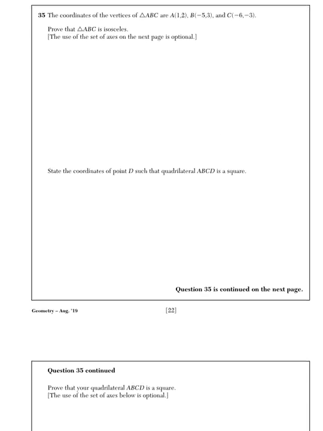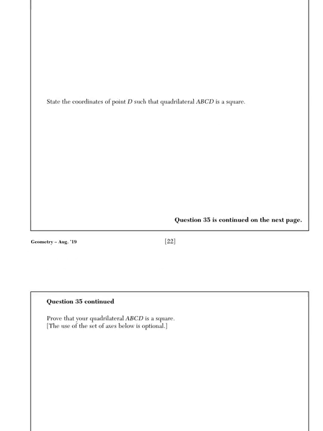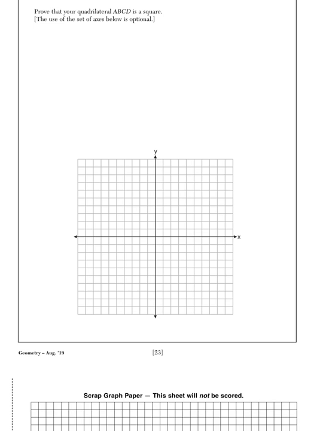I would start off by graphing these 3 points, A, B, and C, on the coordinate plane provided. So if I graph those 3 points, I have A is (1, 2). Then I have B is (-5, 3). And then I have that C is (-6, -3). So if you connect these up,